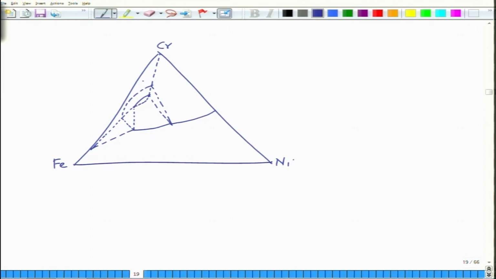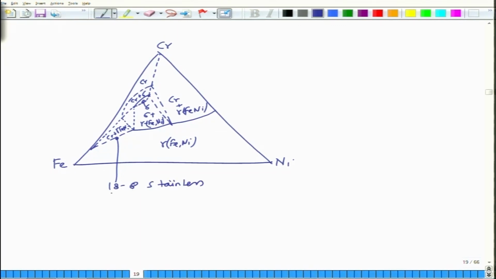Alright, so you have different phase regions here. You have this chromium phase, then you have chromium plus sigma phase. This is your sigma phase. This is your sigma plus gamma Fe nickel. This is your chromium plus gamma Fe nickel. This is gamma Fe nickel, and this is your chromium plus gamma Fe nickel, and somewhere here we form a 18-8 stainless steel,